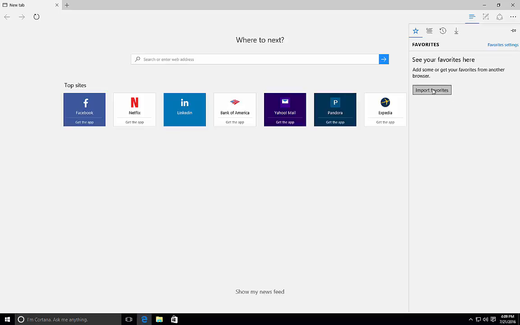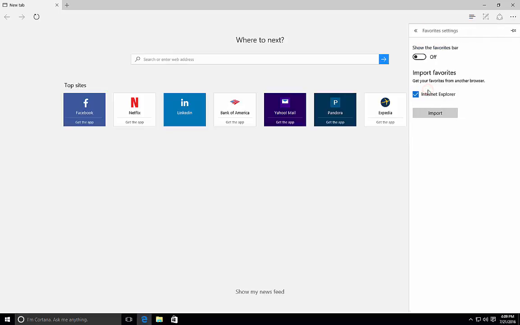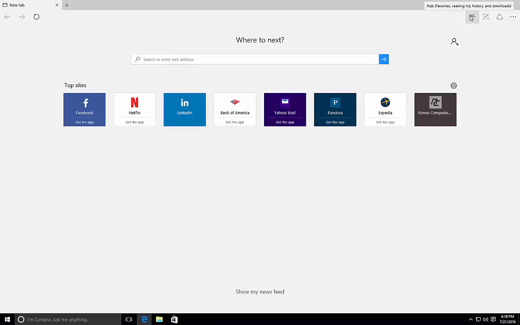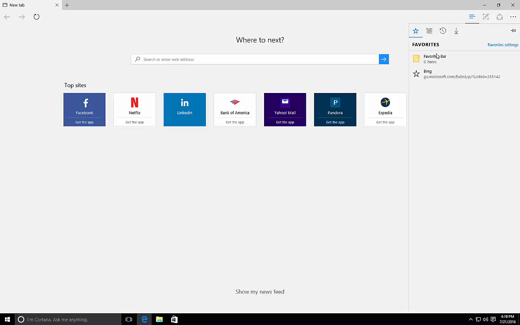All you have to do is click the import favorites button here, and it will give you the option to import straight from Internet Explorer. So if you click this import, you'll see it says all done. And if you go back to your favorites menu over here, you'll see that you now have favorites. So everything that was in Internet Explorer should pretty much port straight through. All your folders, anything that you had grouped up or saved out into separate directories, stuff like that,